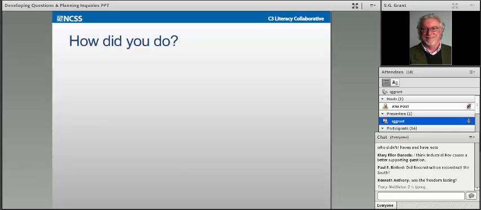So let me give you a quick example. Someone in one of the workshops I was doing came up with the compelling question for our unit on global trade of, where did you get that t-shirt? Well, everybody in the room started buzzing about that question. That seemed like it was appropriate to the content. It also seemed like something that kids might pick up their ears and start listening to.